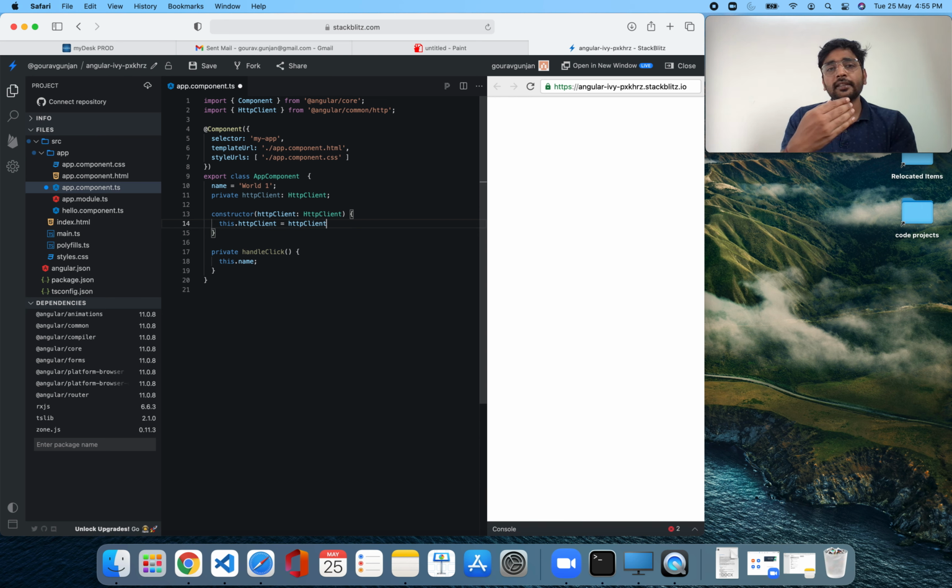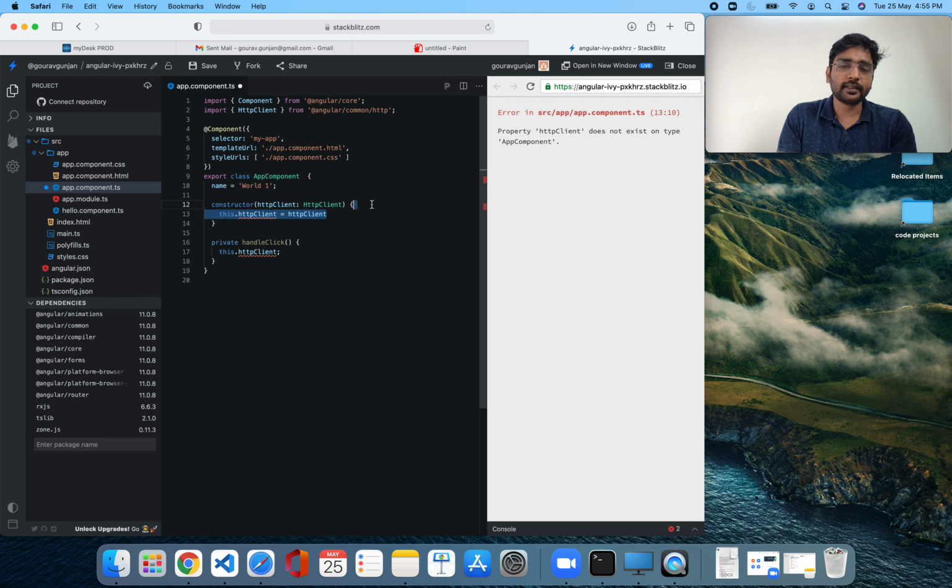So instead of writing these 3 lines, now you can basically access HTTP client normally, right? There is no error, as this dot name didn't have any error. So instead of writing this line again inside the constructor, what Angular or TypeScript have done is to make this simple. You just write private here and you're all set.